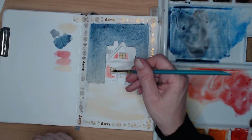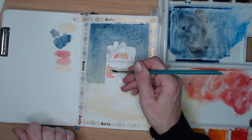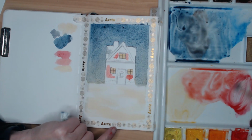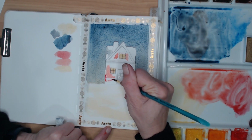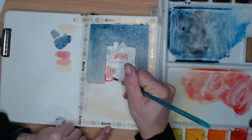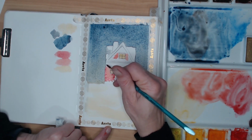And I got some on the inside. So we'll just kind of work that out tight. Okay. And now I'm going to take this reddish color, leaving a spot out for the bushes. This is what you would call some negative painting. And we are just going to blend that right into